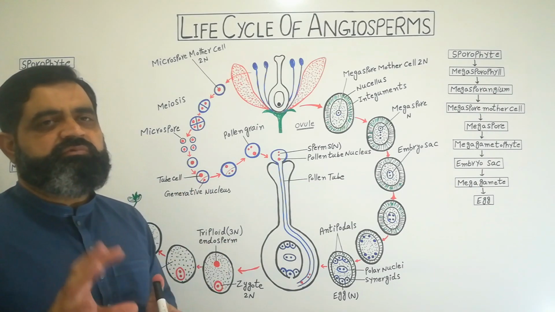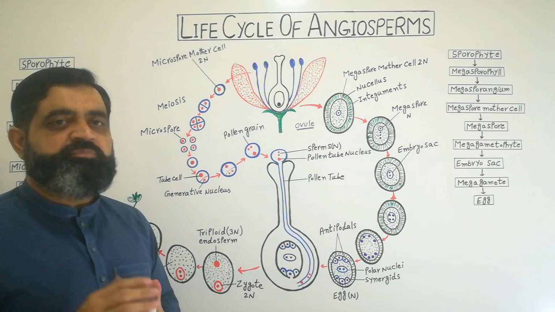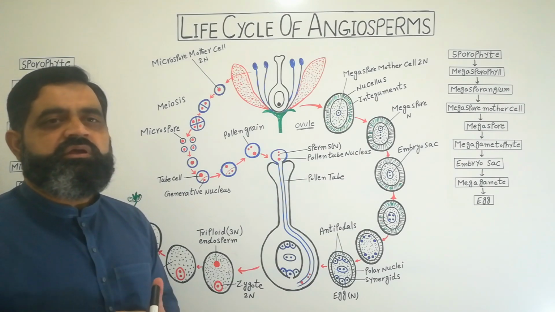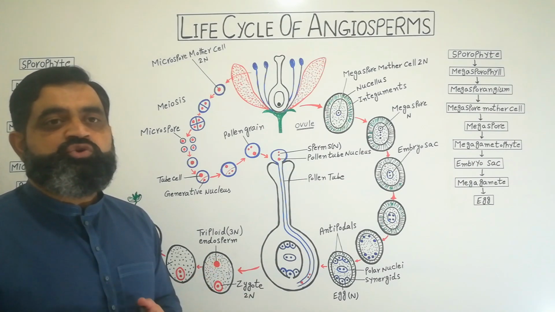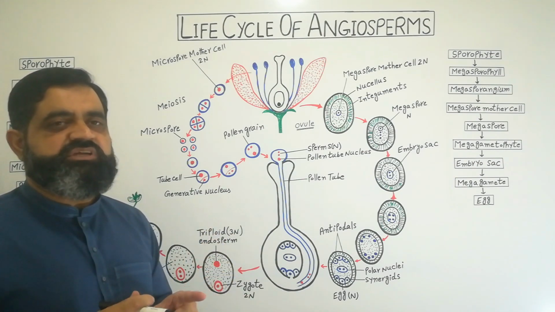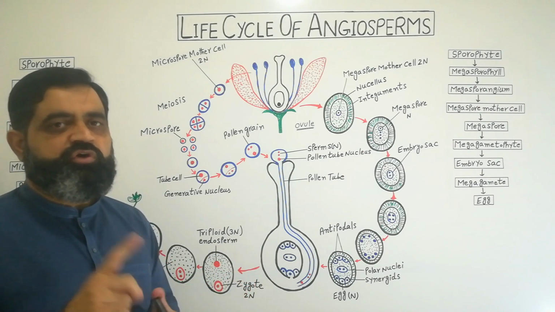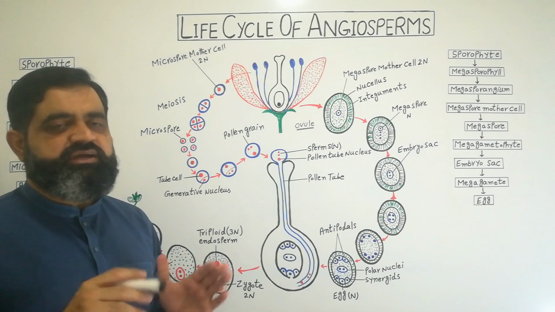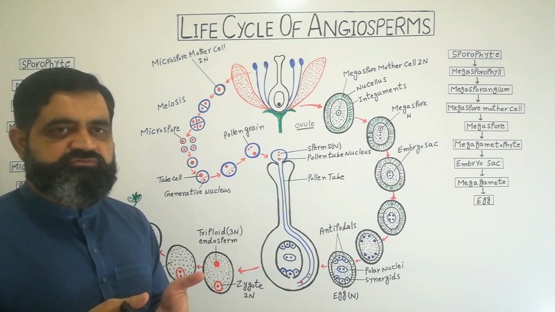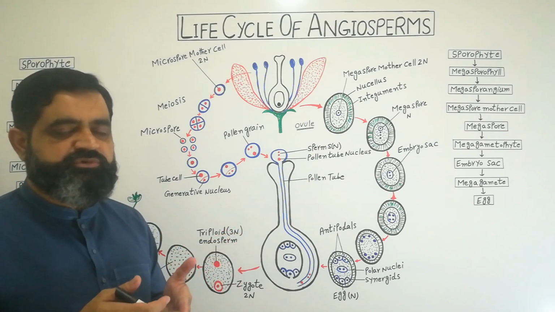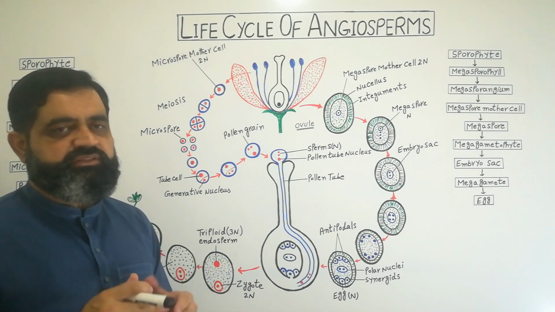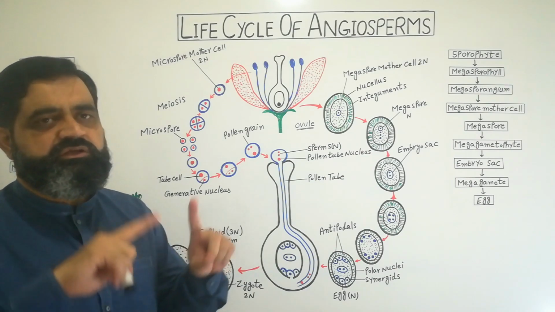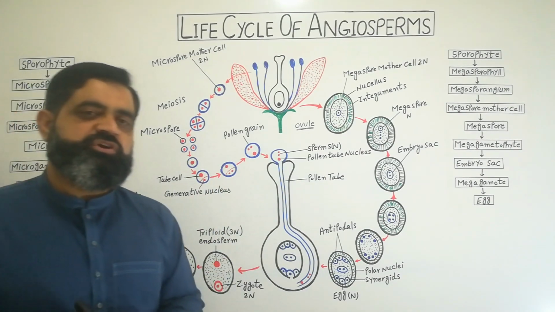But some plants of angiosperms produce fruits like mango, guava, oranges, lemons. So the ovary wall after the formation of seed produces fruits. So the wall of the ovary becomes fruit, the wall of the ovule becomes seed coat, and inside the seed coat there is a food storage formed by the endosperm tissue, triploid endosperm tissue, and the zygote or embryo is present inside the seed. Then this whole process of reproduction has been completed.